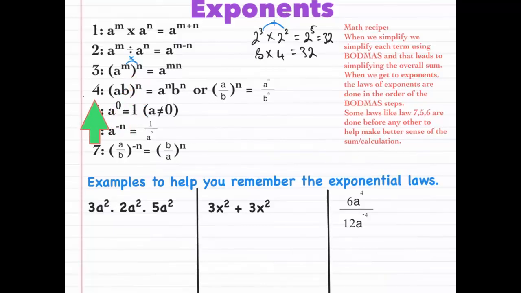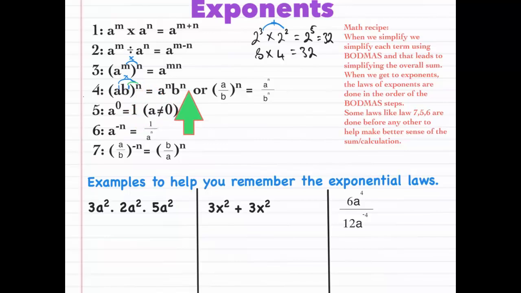And then for our fourth one, if we have more than one letter on the inside, we simply write the A, we write the B, and then don't forget, there is an exponent 1, so it's 1 times n, right? And there's also an exponent 1, so it's 1 times n. That's why it will be a to the power of n and b to the power of n. Because every base on the inside, we simply write that letter and we take its exponent, multiply it with the exponent on the outside, and we get the new exponent. We write the next base down and we take its exponent and we multiply it with the exponent on the